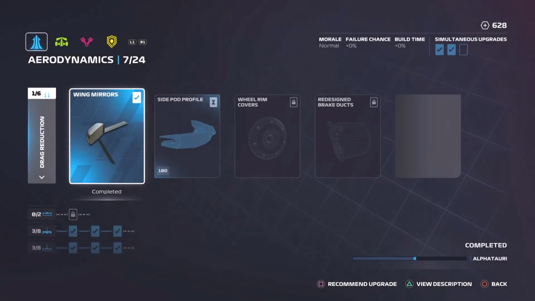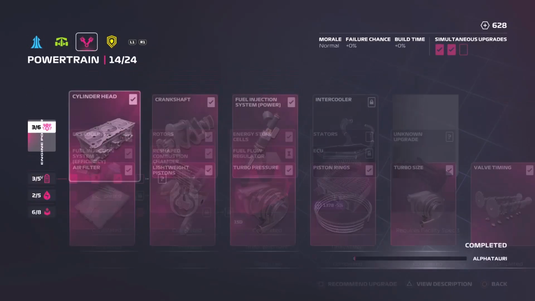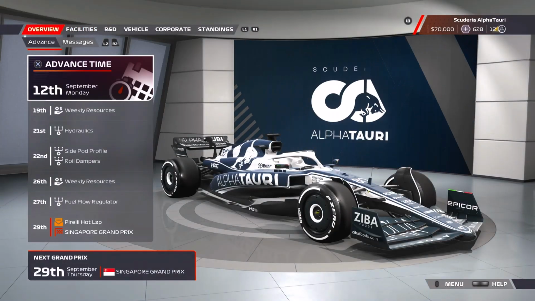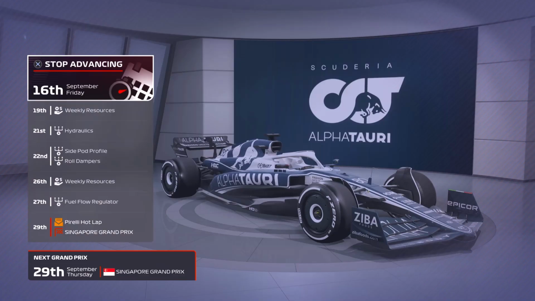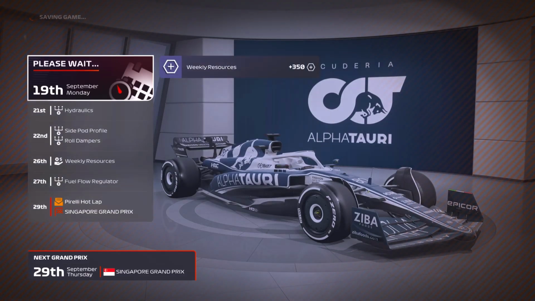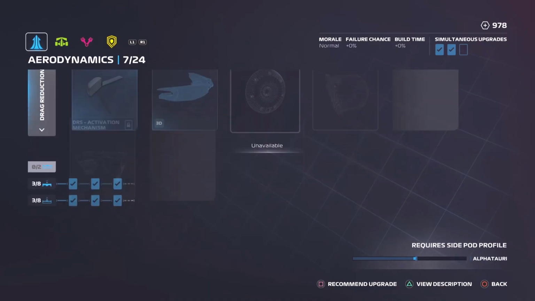Anyway, back to all this. Probably not too much R&D we can do at the moment. We don't have too many resource points at our disposal, so we head through the timeline then, and we'll see if anything comes up. We get our weekly resource points, so let's head back over and see what we can do with them. Hopefully we can get some upgrades on the car. Maybe not before the next round, but